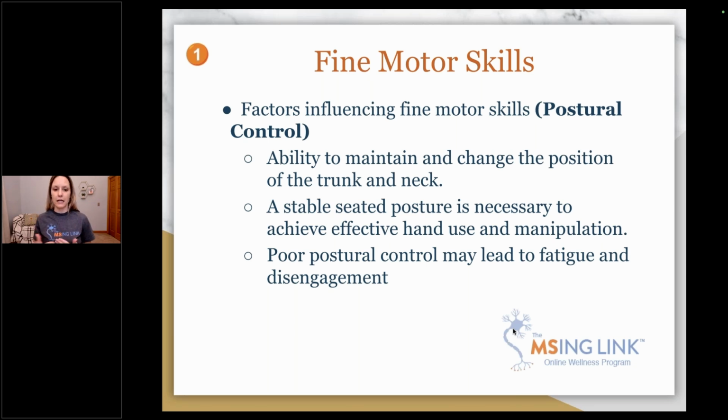It's all connected. The more stable of a posture we have, specifically when sitting, but also standing, the more stable it is, the easier it is to feel like we can use our body more efficiently and effectively. Postural control, or let me say, lack of postural control, of being able to change our posture and having strength in our core,